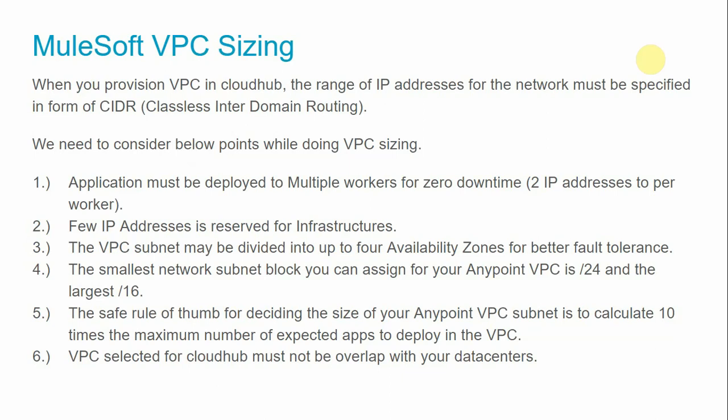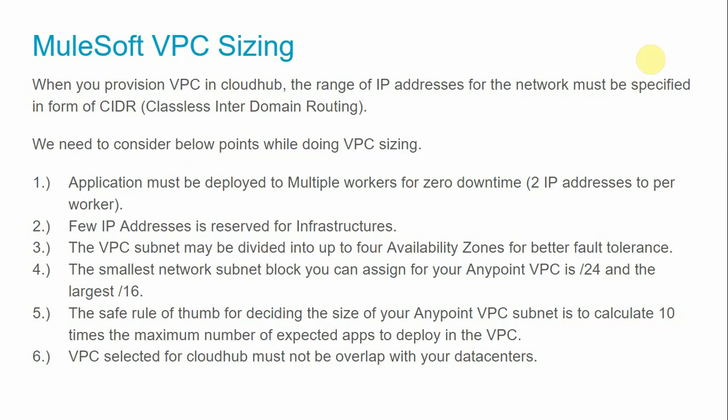In such a case, you have to recreate the VPC, and recreation is not an easy task. You have to delete it and recreate it. You have to restart all the applications to get them running in that VPC again. So select a good range for your CIDR mask, so you have enough IP addresses in the future for deploying applications.